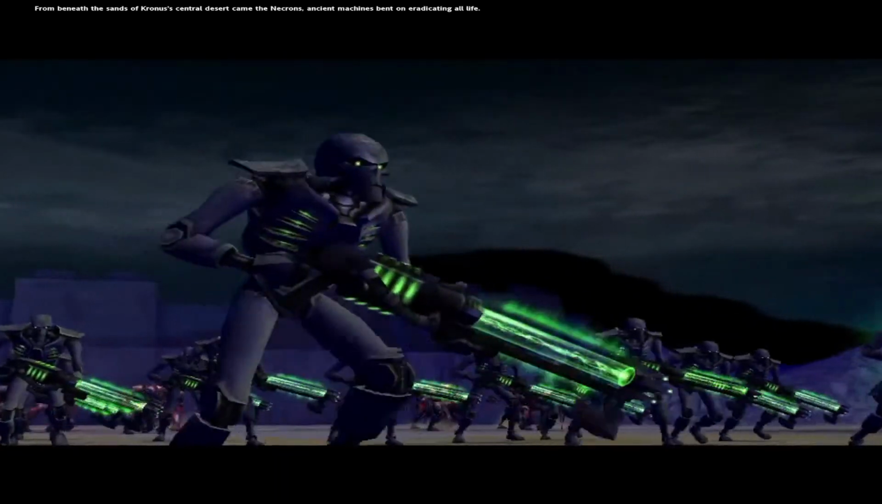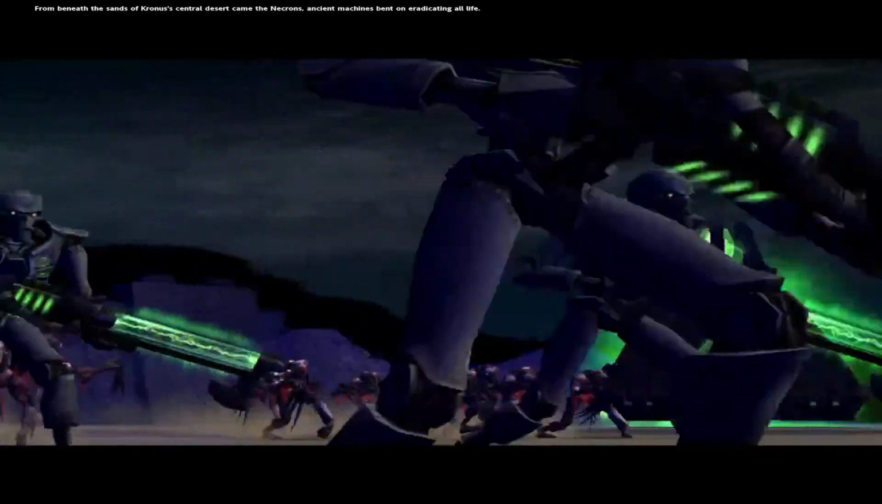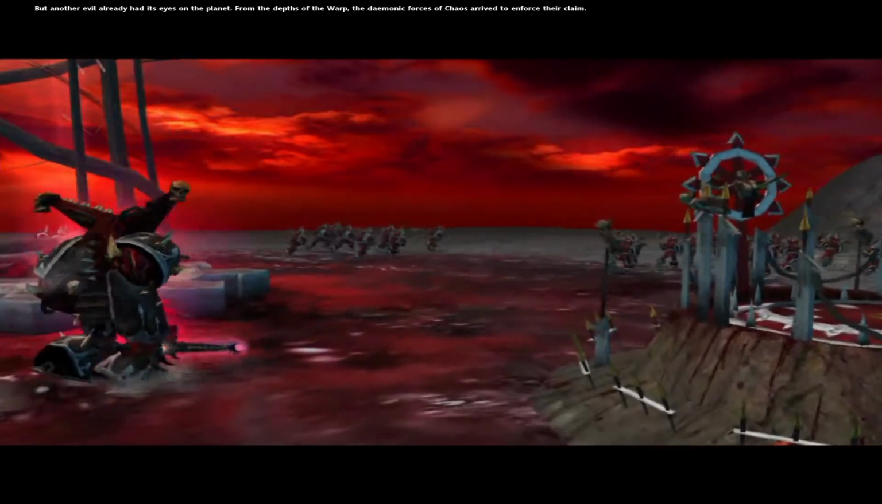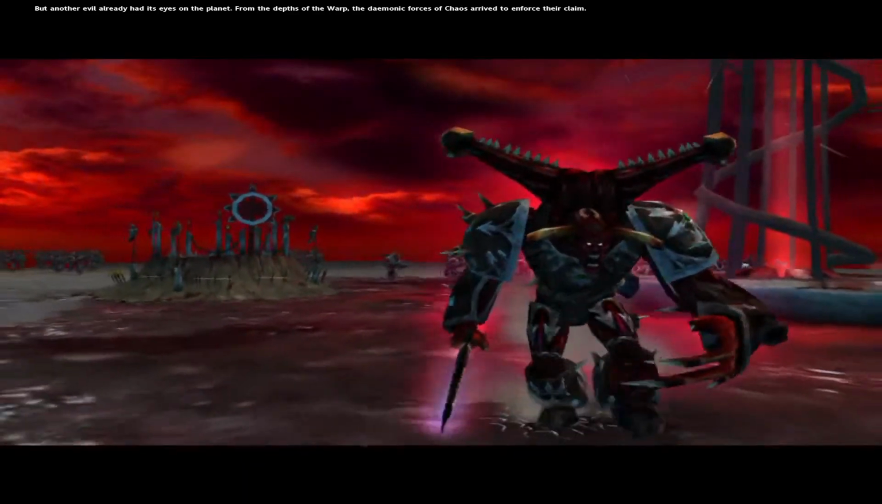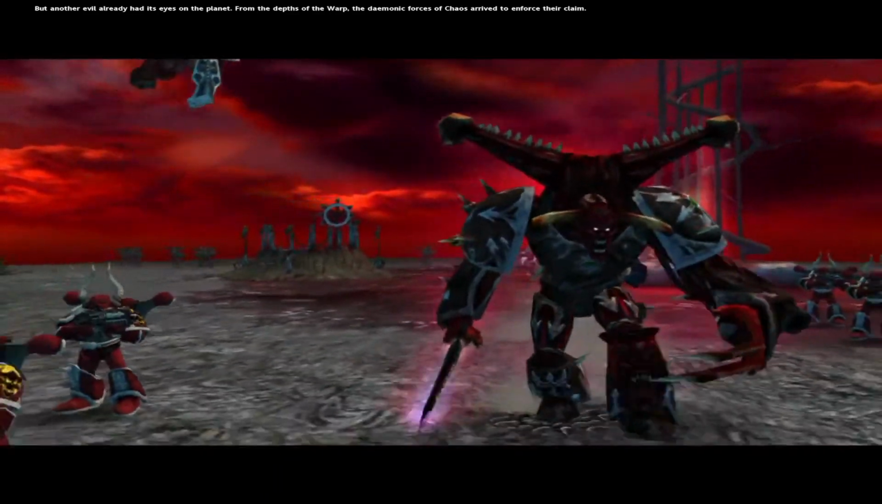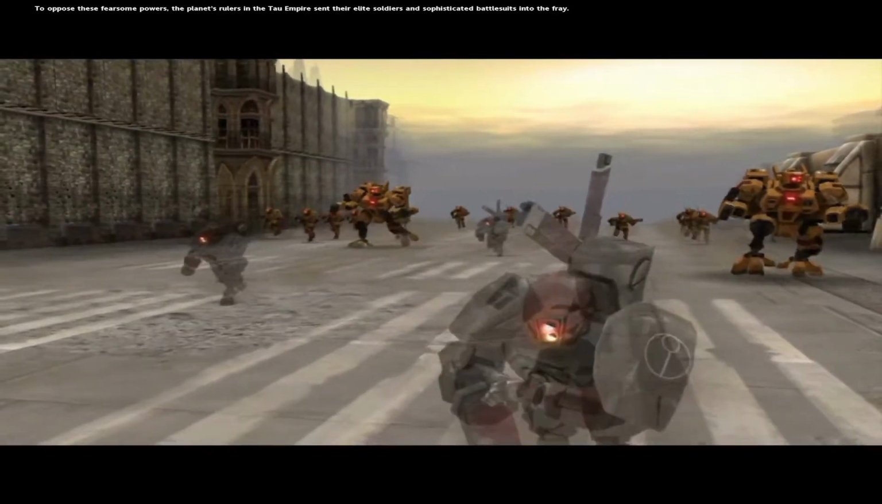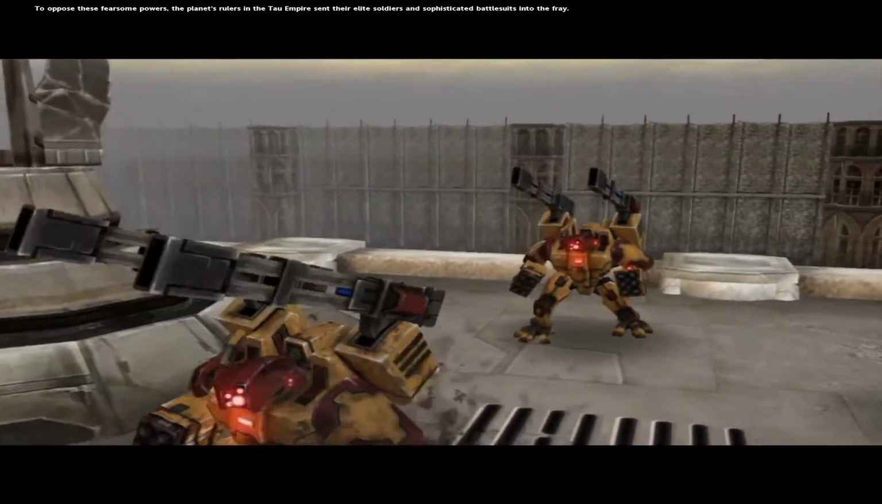From beneath the sands of Kronus' central desert came the Necrons, ancient machines bent on eradicating all life. But another evil already had its eyes on the planet. From the depths of the warp, the demonic forces of chaos arrived to enforce their claim. To oppose these fearsome powers, the planet's rulers in the Tau Empire sent their elite soldiers and sophisticated battlesuits into